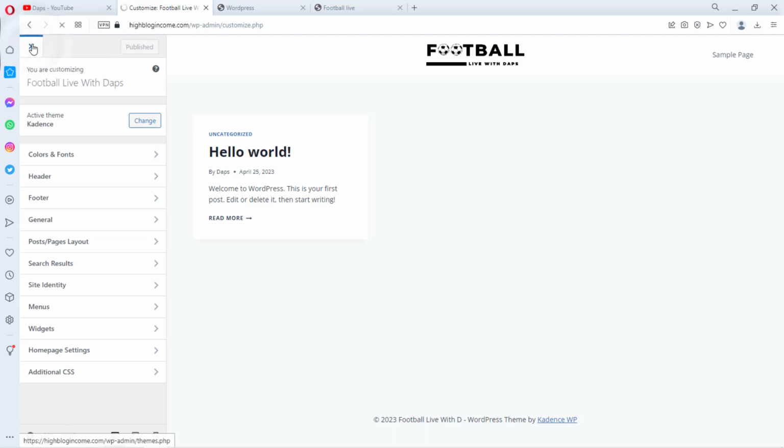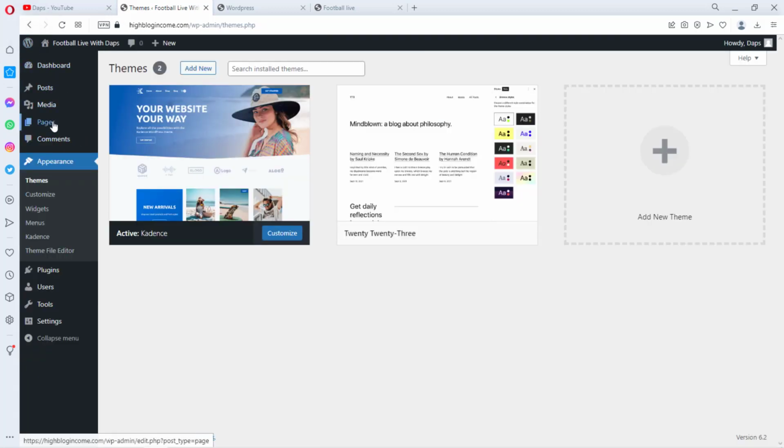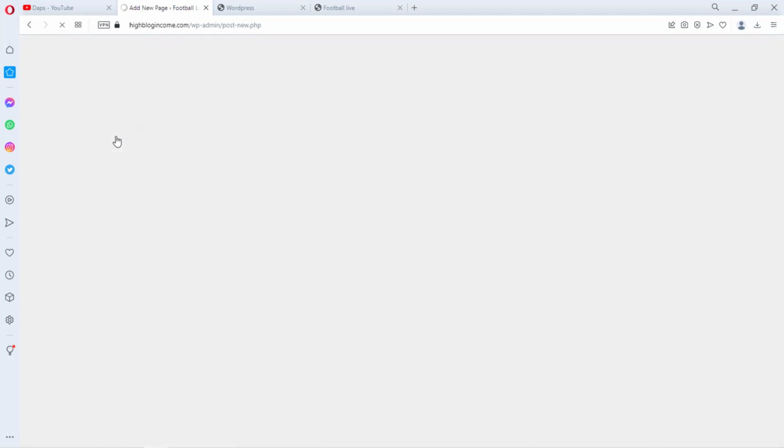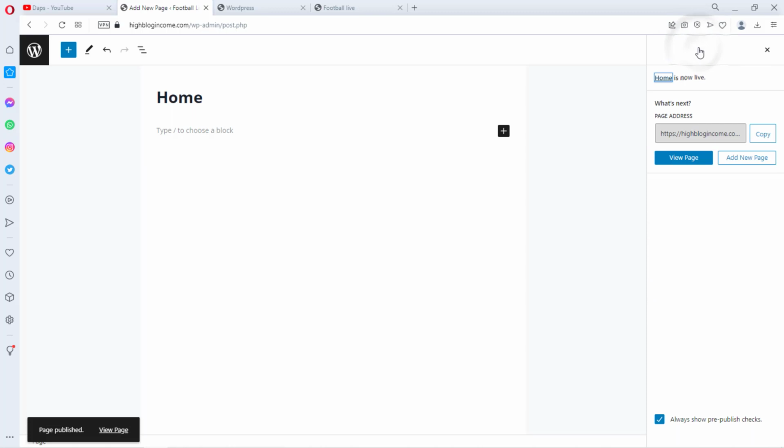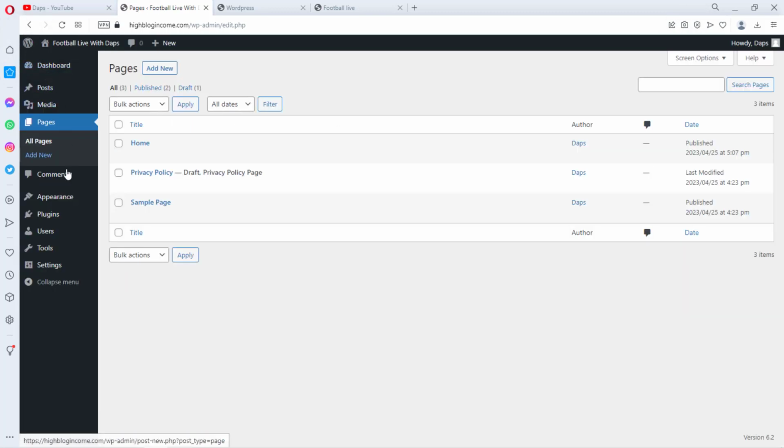So let's close this. Now, first off, let's come to page. Let's come to add new and let's create a home that will be our front page. We can call this home. You can call it live scores, live update, whatever you want to name it. That's literally up to you. So let's publish this. We'll still come back here to add stuff here, but let's just come to